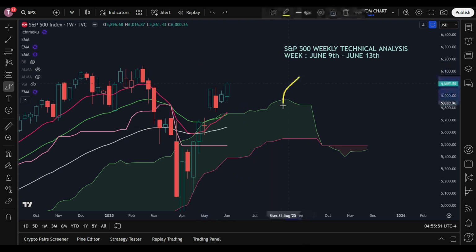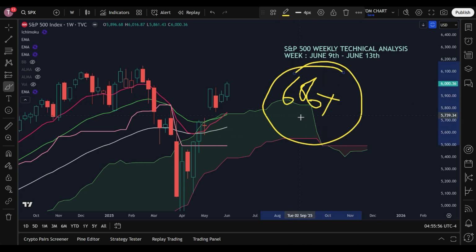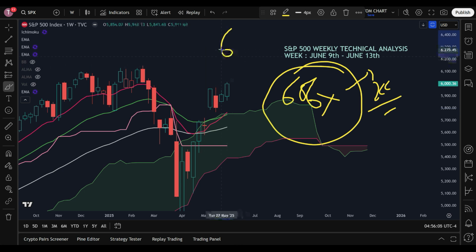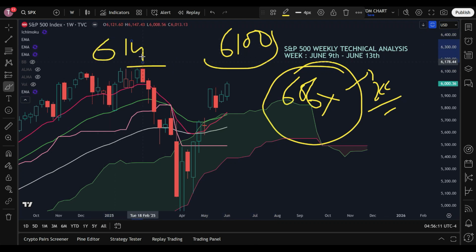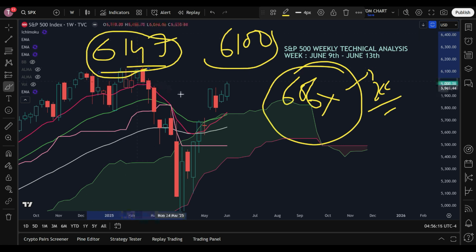One more thing, very important. If somehow the S&P 500 is pushed beyond 606x, then we need two consecutive closings above 606x, so that it can be confirmed that the S&P 500 will enter the 6100 range. However, at 6147, the all-time high, the S&P 500 will show fear and resistance, and we can anticipate a fall.